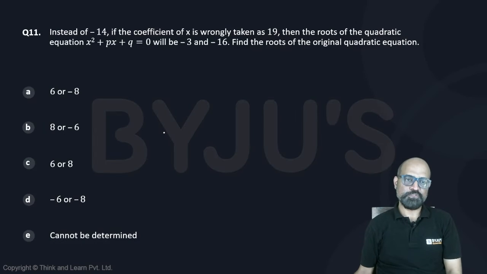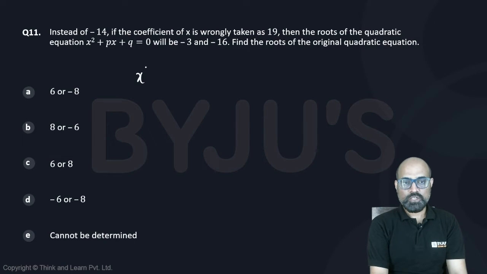Instead of minus 14, if the coefficient of x is wrongly taken as 19, then the roots of the quadratic equation x square plus px plus q is equal to 0 will be minus 3 and minus 16. Find the roots of the original quadratic equation. So it's saying in